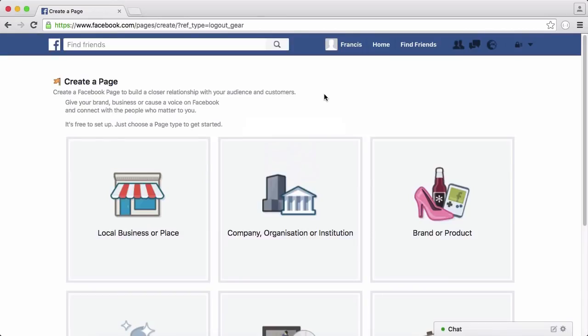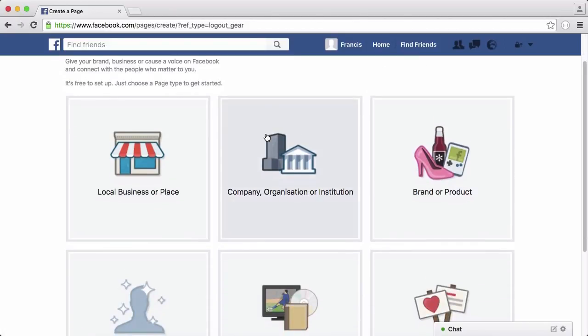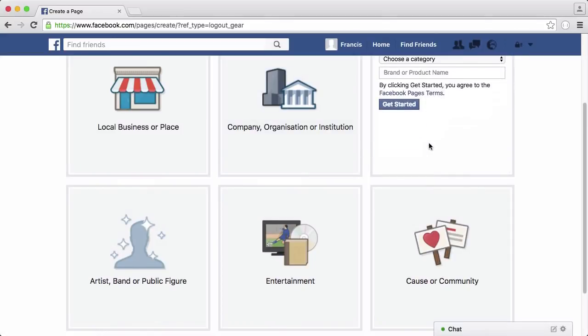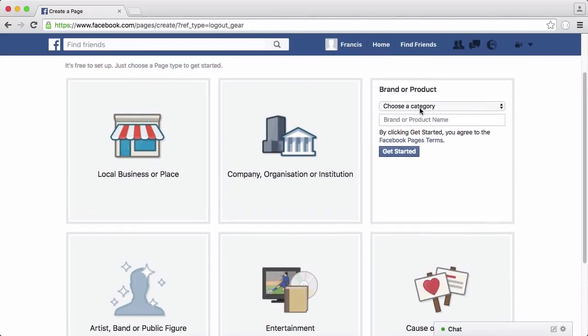So here I am on the create page on Facebook. I just created a brand new Facebook account just for the tutorial series, and I'm going to create a page for our bot. For the bot, I'm going to choose brand or product. It doesn't really matter. I'm just going to choose a category. I'm going to choose app page, and